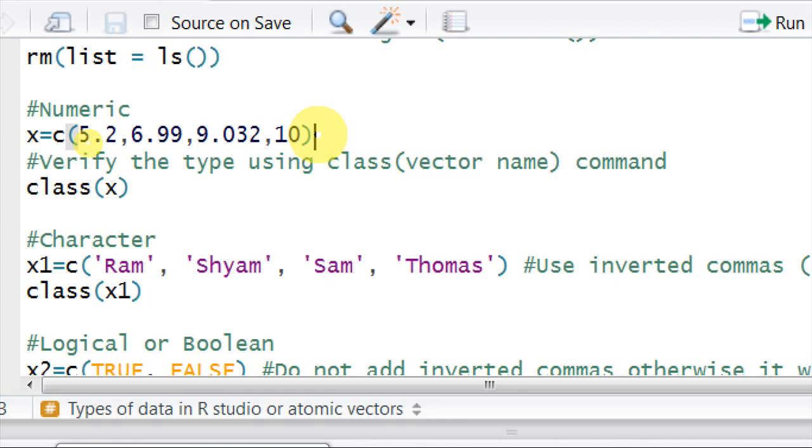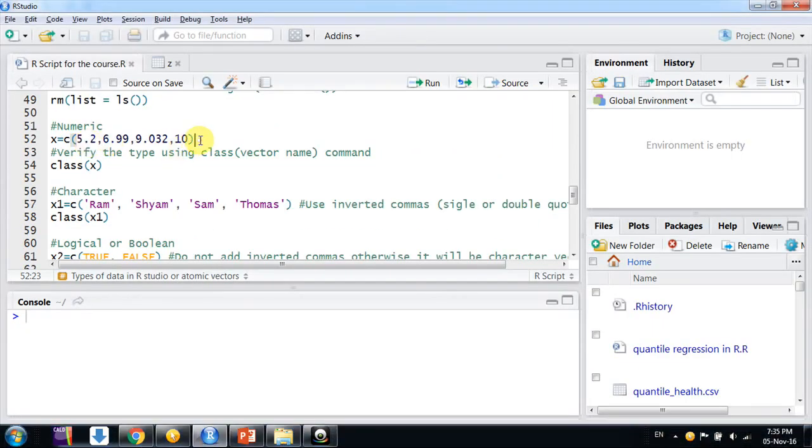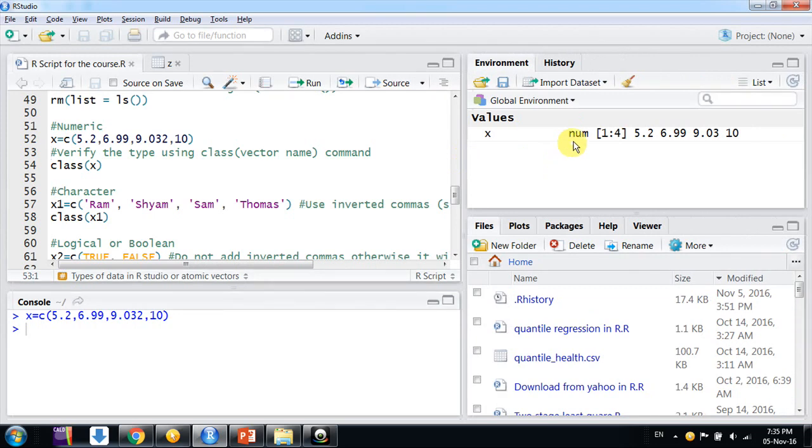If I want to generate a vector x that contains 5.2, 6.99, 9.032 and 10 separated by commas, it would be generated. So I run this command, and we see a vector is created, which is numeric, and num stands for numeric, and these are the four elements, observations or values in this vector.